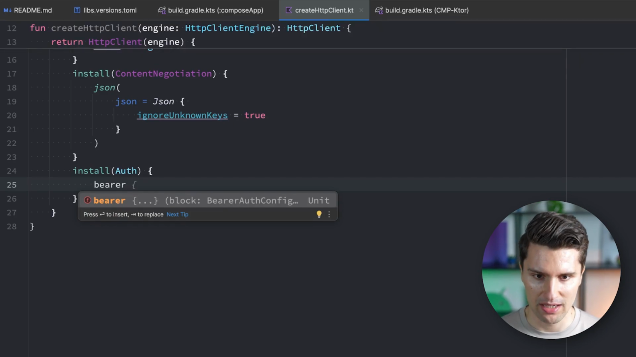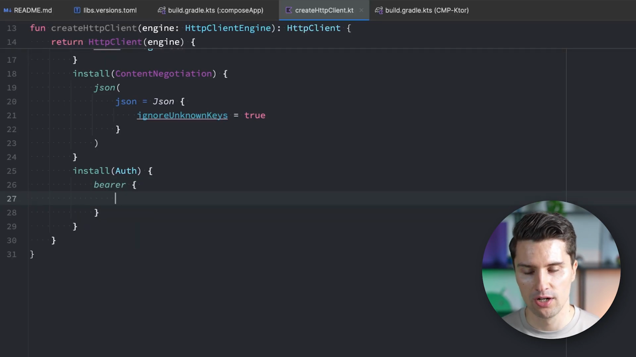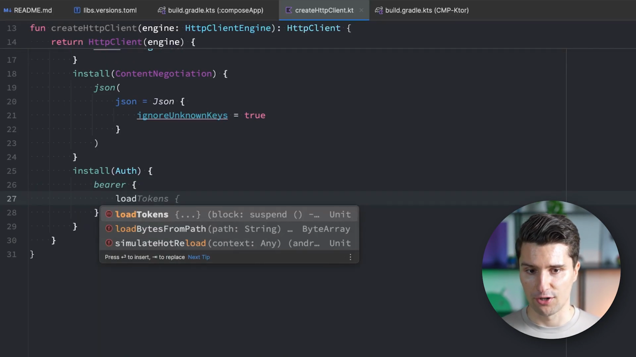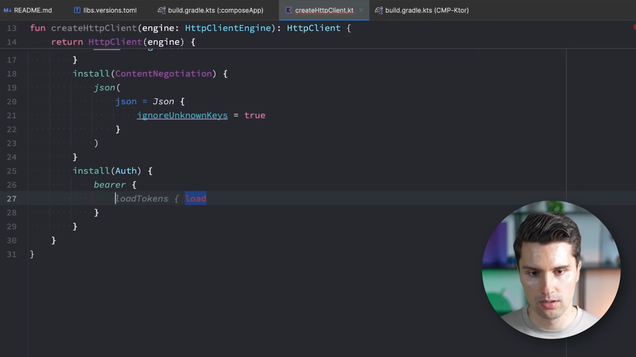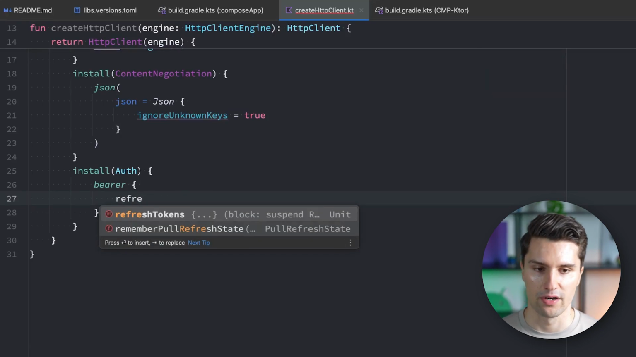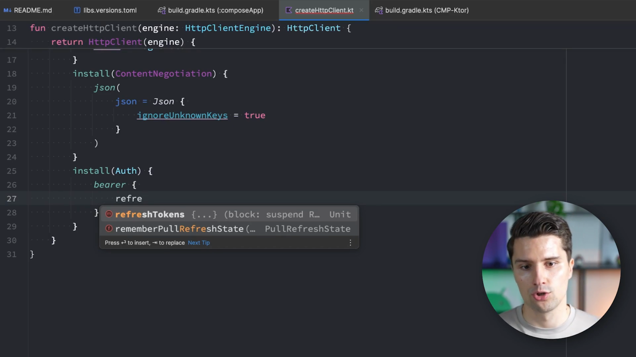But in case you would have such a mechanism, you would add this bearer function here. And in there, you would first of all define a function to load the tokens, where you say, hey, this is my preferences setup. This is how you read the tokens from there, because obviously Ktor needs to know that. And then apart from that, you would have this refreshTokens function where you define how, if you have a refresh token, you can now use this together with your specific API to get the new